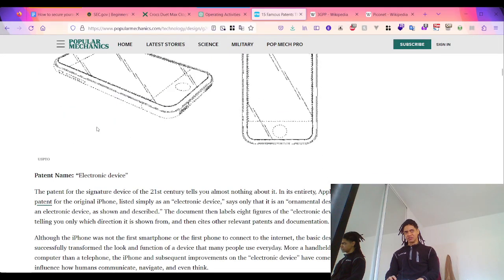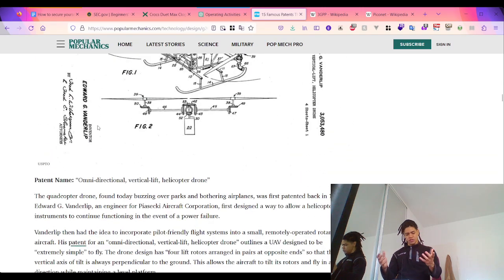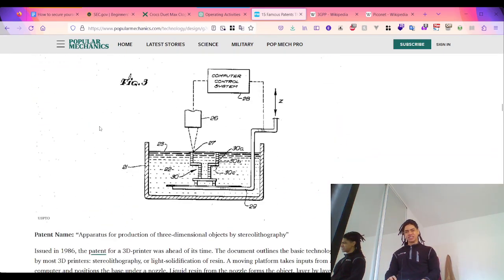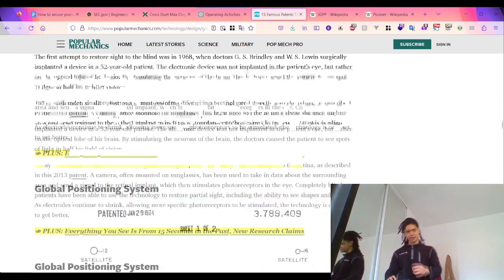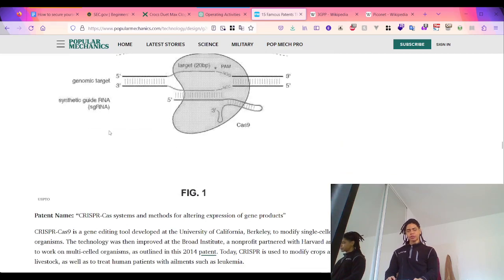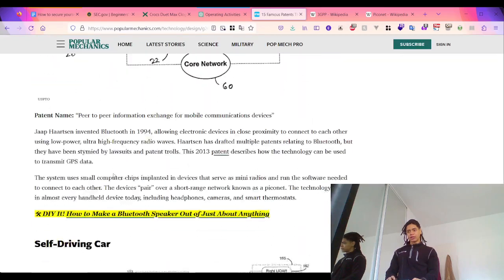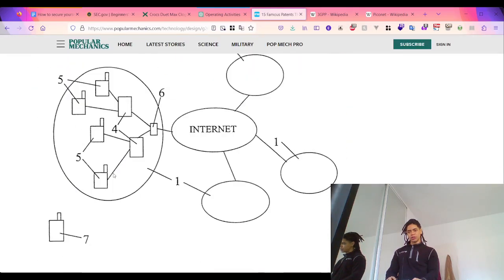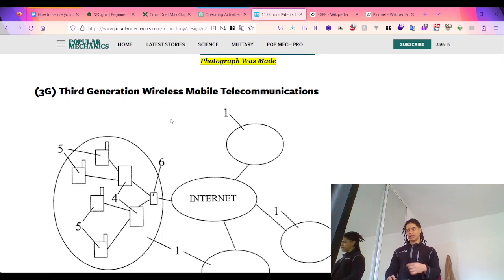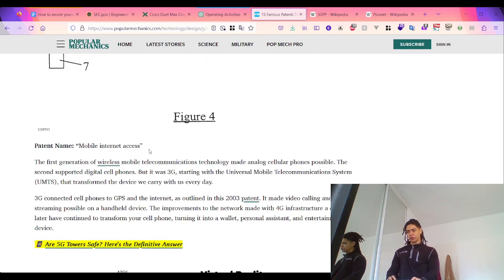The iPhone, issued 2007. The GPS, the global positioning system, or as their patent name called it, navigation system using satellites with passive ranging techniques, as well as the CRISPR gene editing, issued 2014. The Bluetooth, and the third generation wireless mobile communication, 3G, right? Issued in 2000,